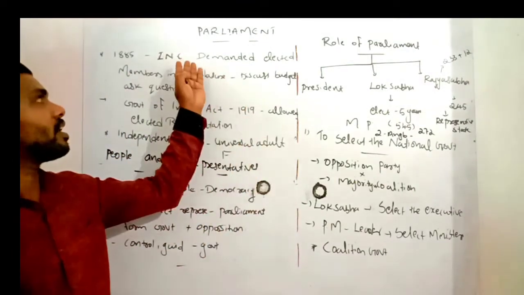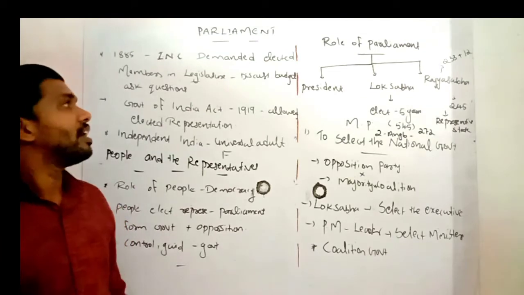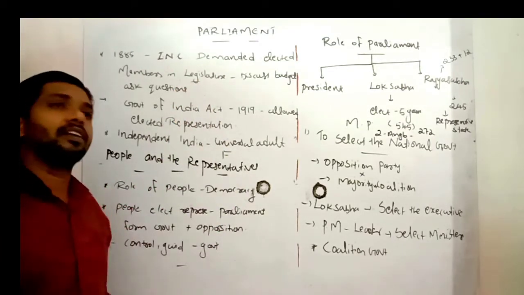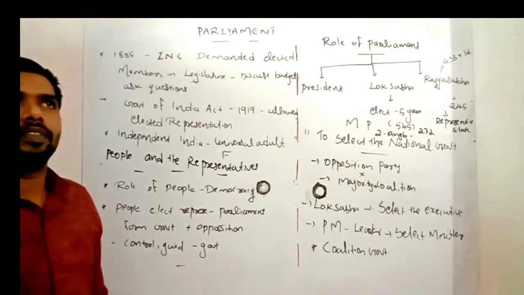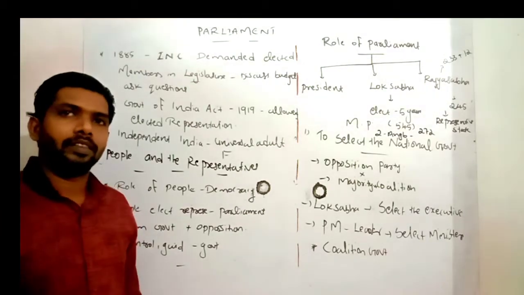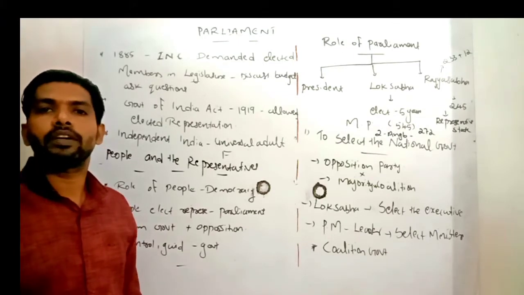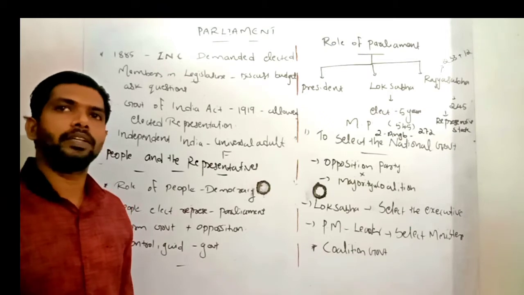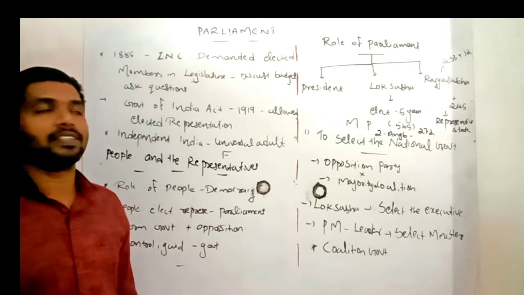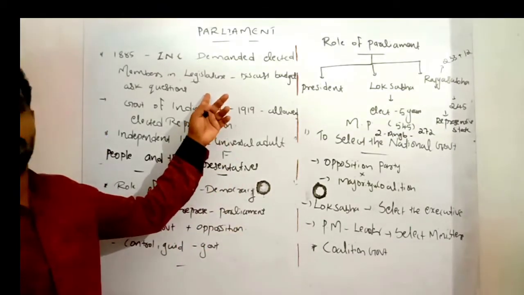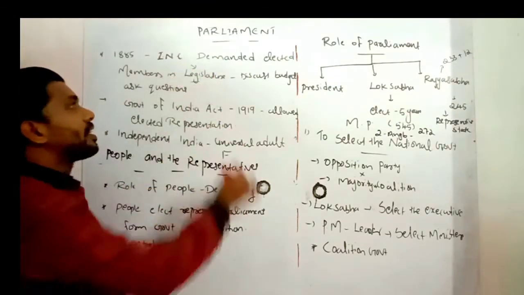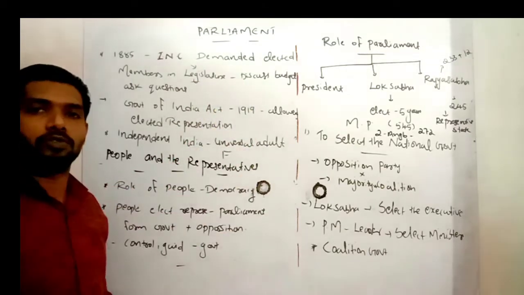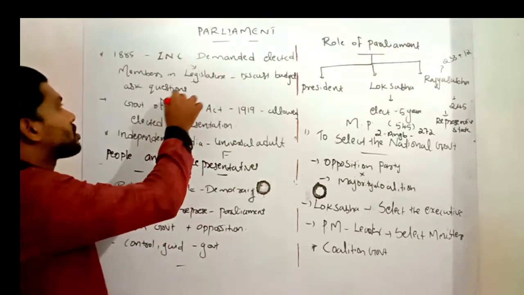So the INC, or the Indian National Congress, demanded elected representation in the legislature, not a parliament, a legislature. In India, there was one legislature, run by the British authority. The legislature enacted laws for Indians and discussed everything, but in that period Indians did not get any representation in this legislative body. So the INC demanded elected members to the legislature, to discuss the budget for India and to ask questions.